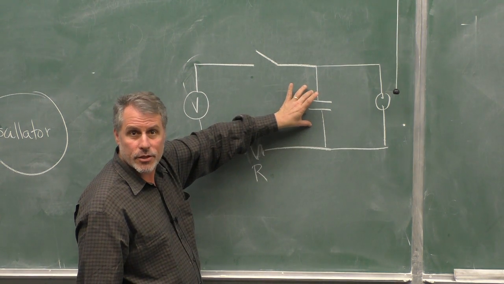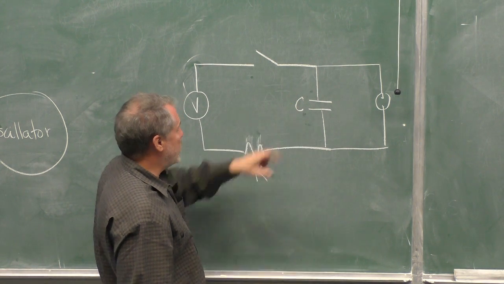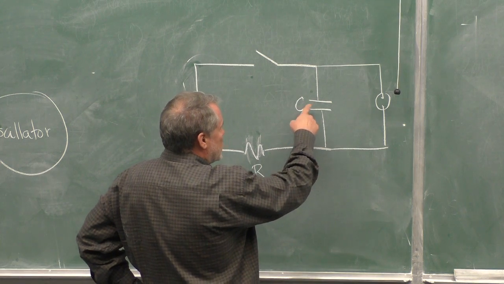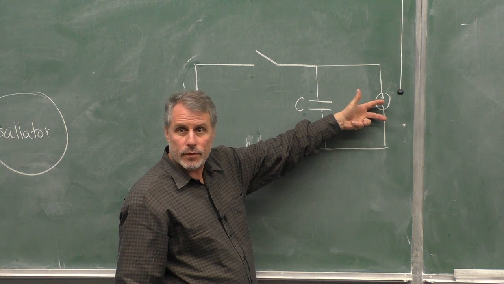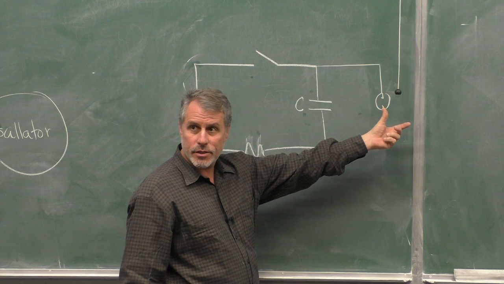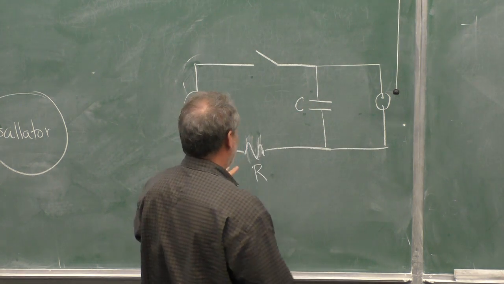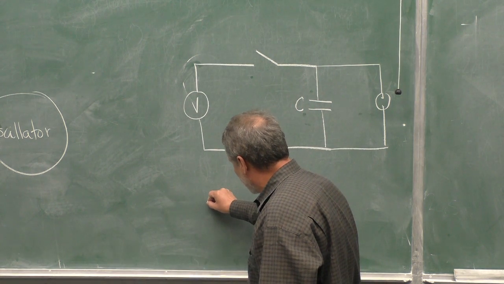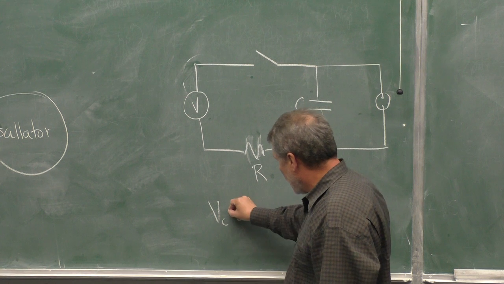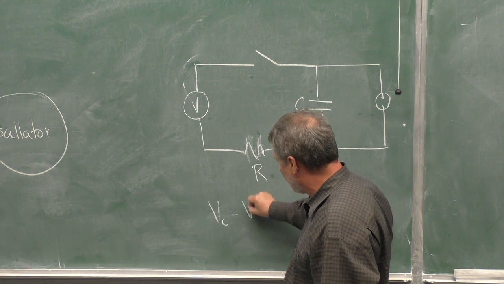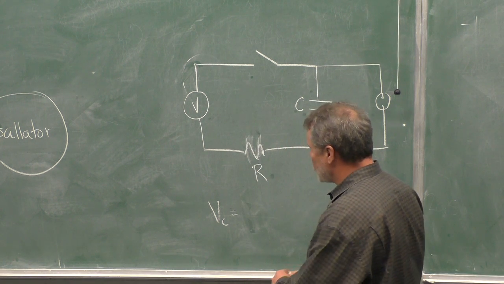This capacitor is charged. And then when the voltage across the capacitor reaches the breakdown voltage of the light bulb, the capacitor discharges through it. Okay? So to get there, remember, to charge a capacitor to a given voltage, you have a source, a capacitor, and a resistor. The voltage of the capacitor is going to be, as a function of time,